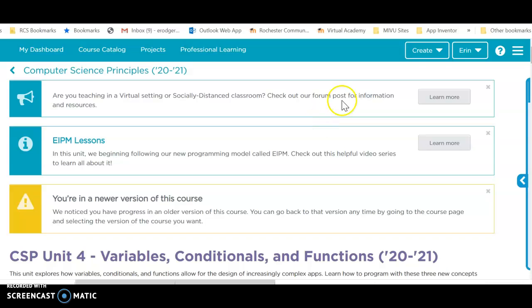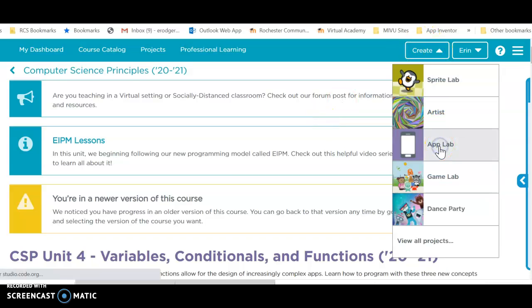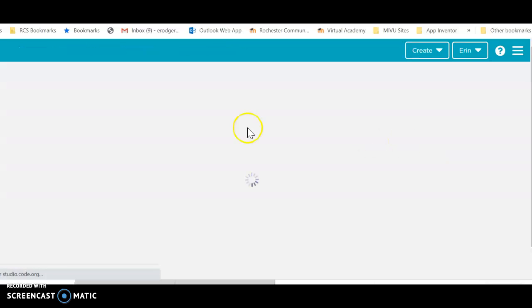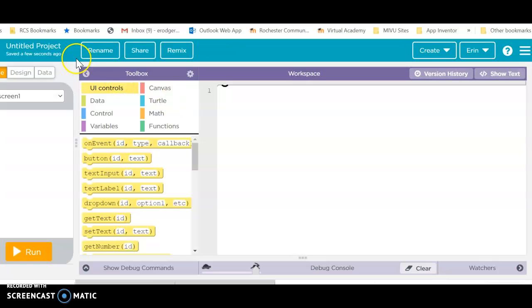So when I go to create this, I'm going to go to create in code.org, and I'm going to go to App Lab. And again, make sure that you rename your project. So I might call mine clicker game, or if you want to call it lab 3, whatever. And the first hint that I had talked about